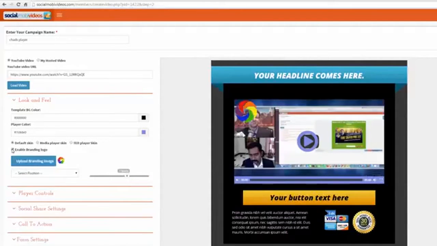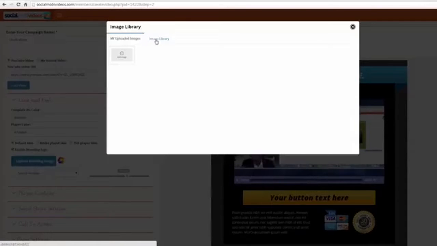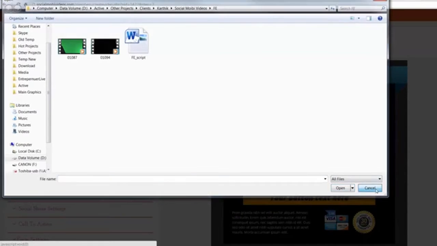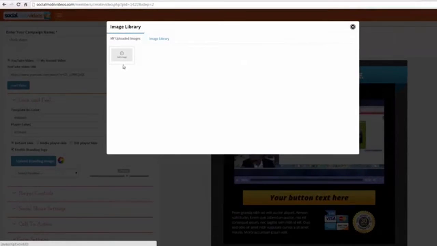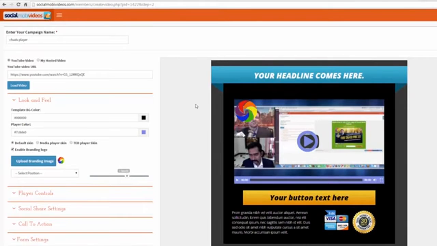So if I click this here, then you see this default logo has opened up. Well, what we can do is we can go ahead and click this button here, and we can bring in our own logo. So I would go ahead and click Add Image, and I could very easily bring in an image from my computer. If I already got an image in the library, you can store your images here. Then you can just click on Image Library, and you can go ahead and bring in an image as well.